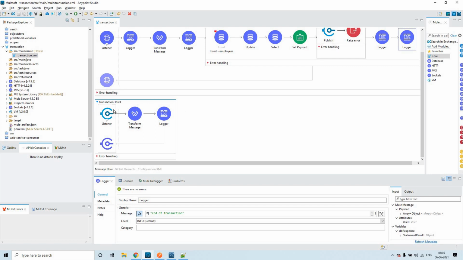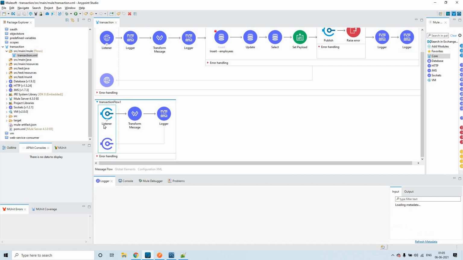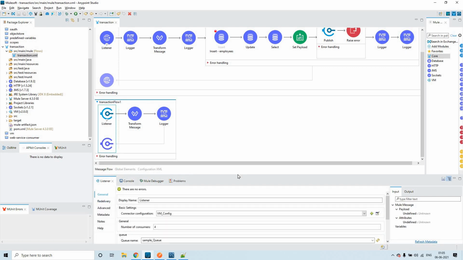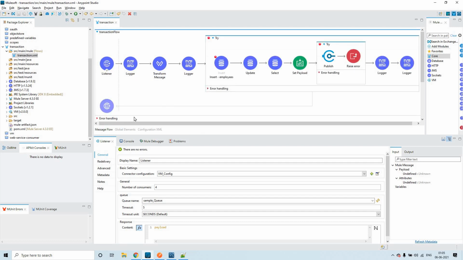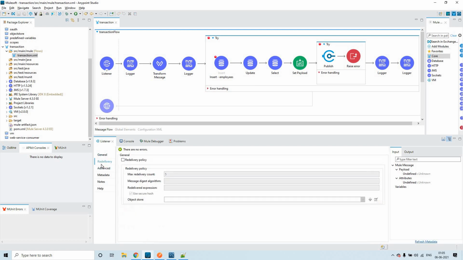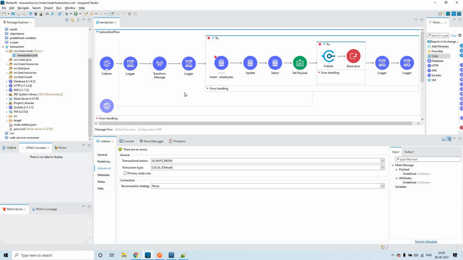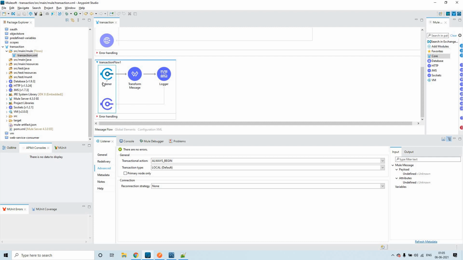In the previous session we discussed that we can have the transactional types, like XA or local. These things we can have on the listeners as well. This is one of the listeners.